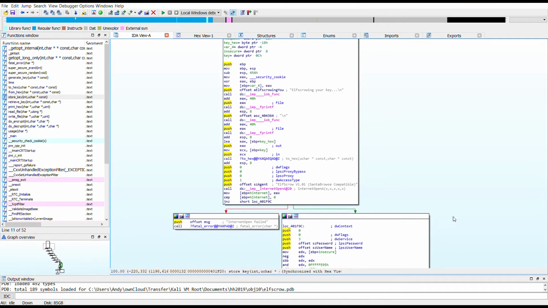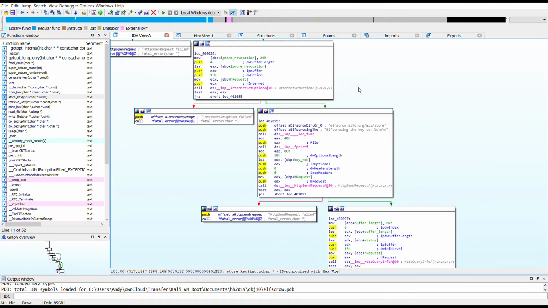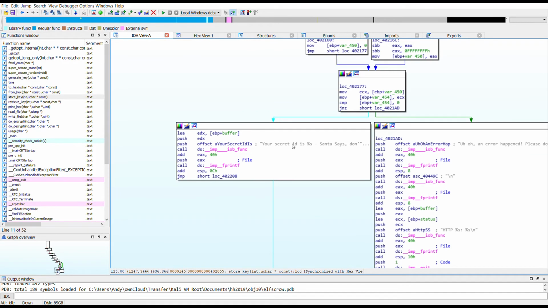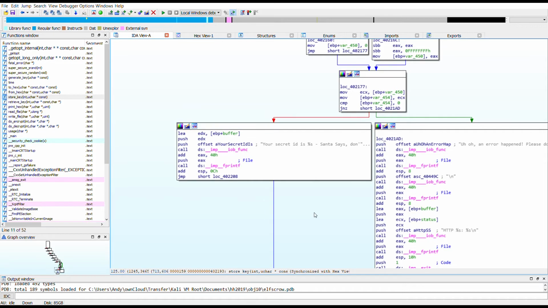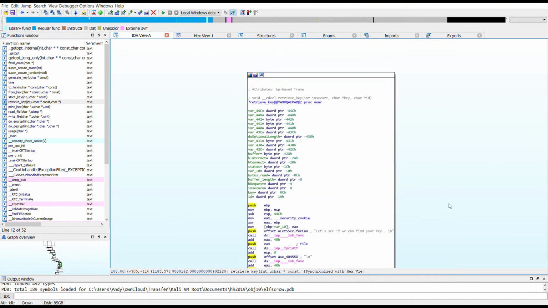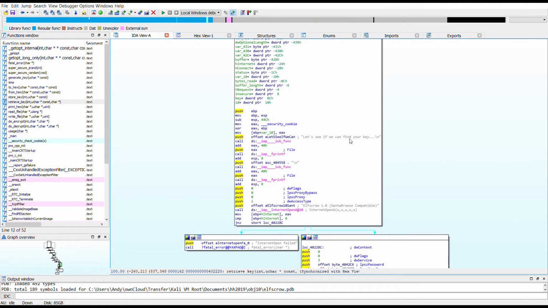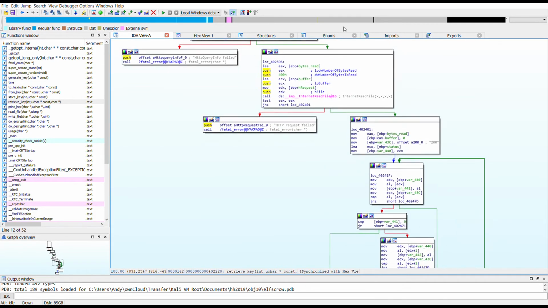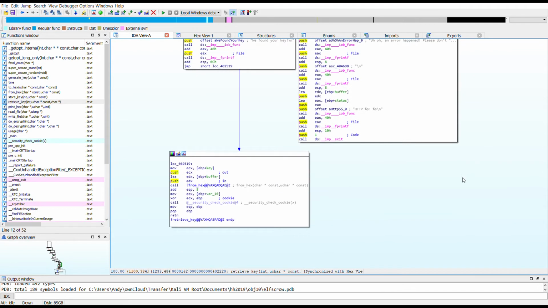we saw earlier. Maybe we can just access the key without needing to resort to brute force. Store key makes a call to the Elfscrow API store function. This returns a secret ID, and if we go back to main, we see that the decryption routine requires this ID. There's an associated retrieve key function too. There may be a weakness in this web service which, if exploited, might give us a list of keys, but we might not be able to reliably identify the precise one used for this document. And besides, we've not been given permission to try and hack the KringleCon system, so let's revert to our pseudo